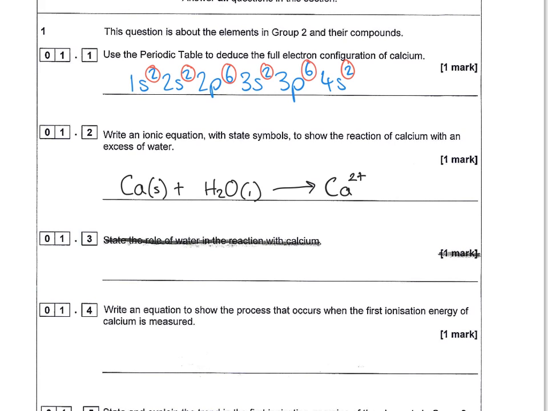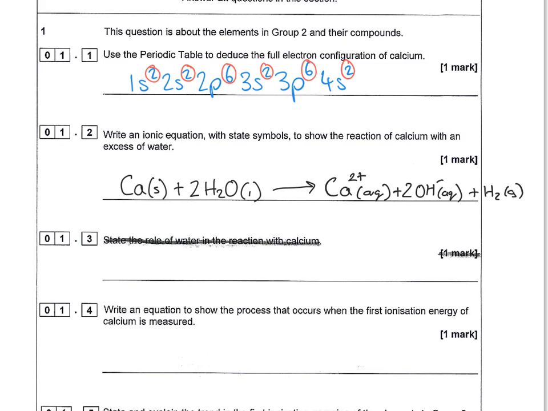we need to have the calcium as an ion. It's going to be dissolved in water, so it's going to be aq, plus hydroxide ions, which are also dissolved in water, so we're going to be aq, plus hydrogen gas. Don't forget to make sure the equation is balanced, so we're going to need 2 waters and